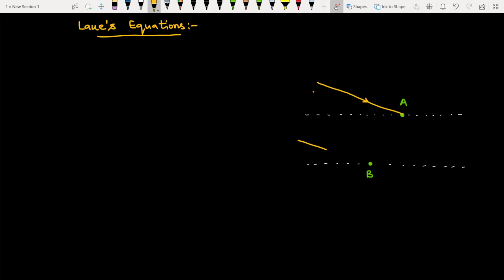These are the two incident X-rays shown here, and their direction is represented with n naught cap unit vector. A parallel beam of X-rays is falling on atoms A and B lying on the parallel crystal planes at an angle theta,